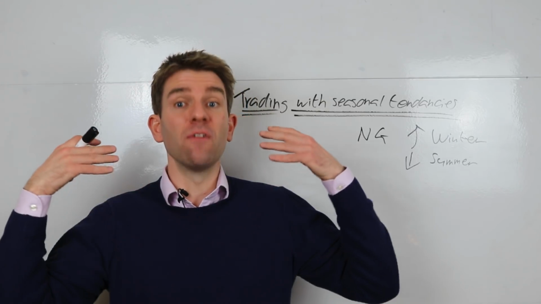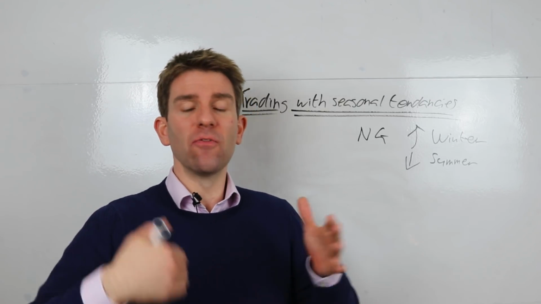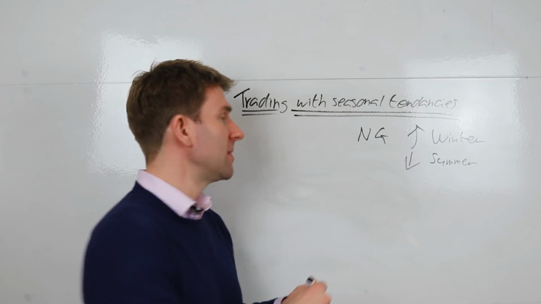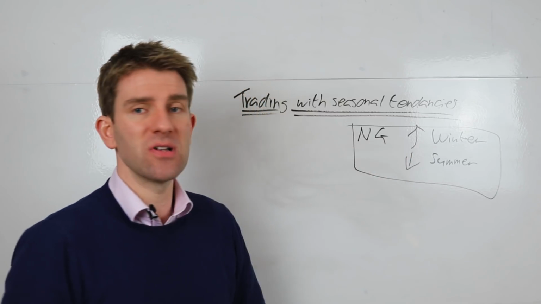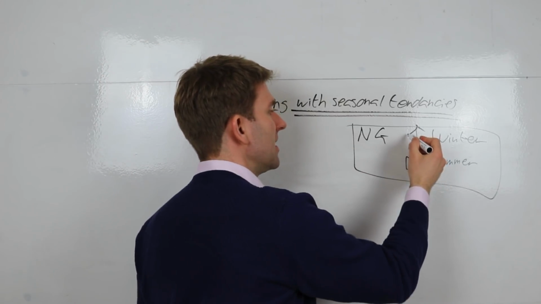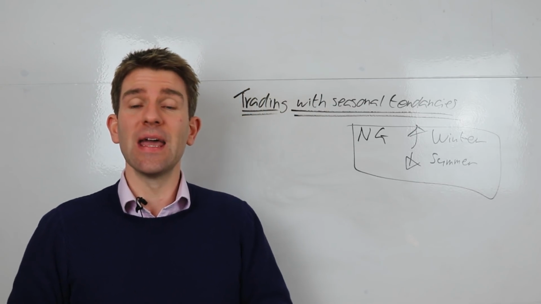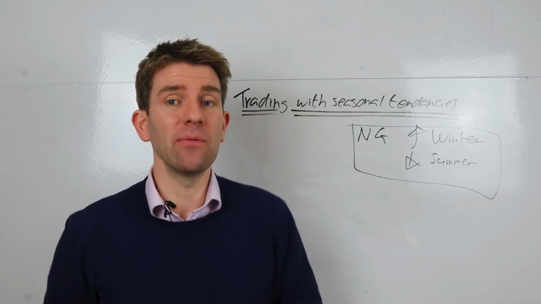There are people who are far more analytical about it than I am, and you can get the raw data. But the question is, once you've got that data, for example that natural gas has a tendency to increase in price in the winter and decrease in price in the summer, which is just a statistical fact that somebody has back tested and presented to you, how do you trade it?